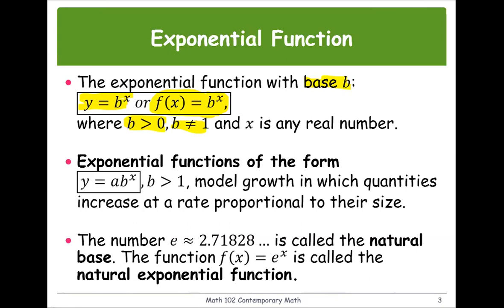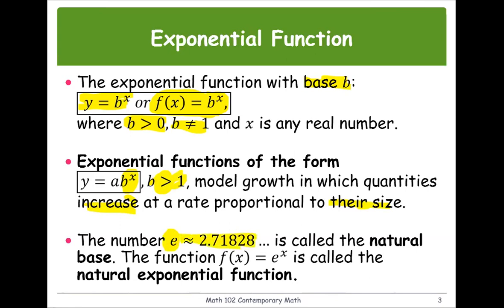The general form of the exponential function is y equals a, as a coefficient, multiplied by b to the power x. If b is greater than 1, this model is growing, or the function is increasing at a rate proportional to its size. The number e, or the natural number, is about